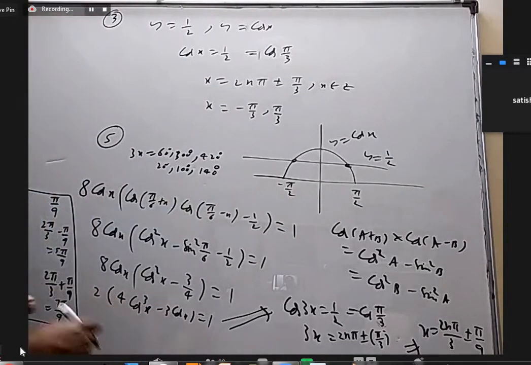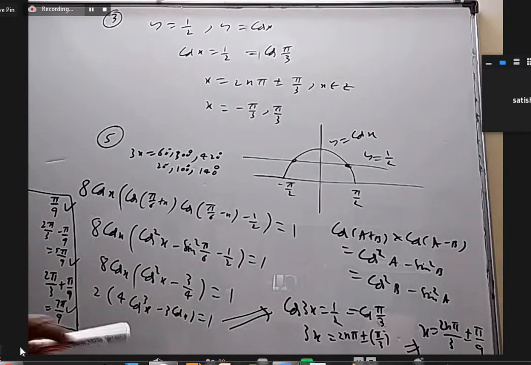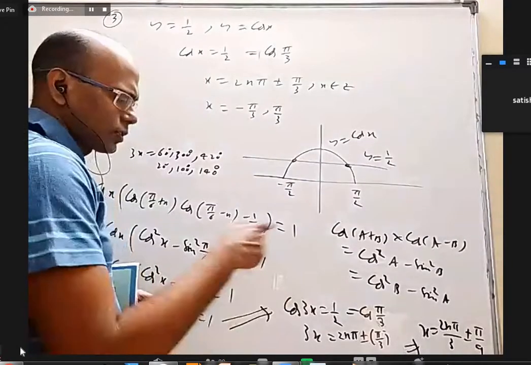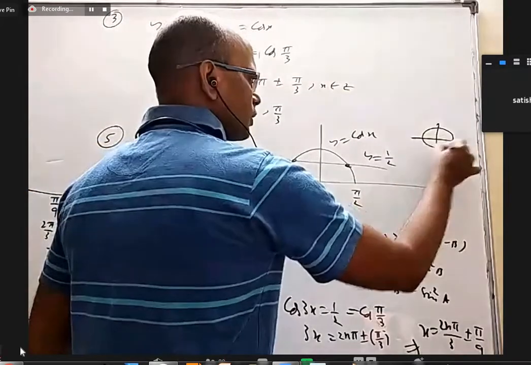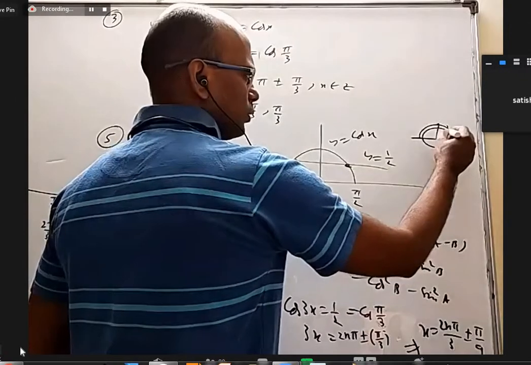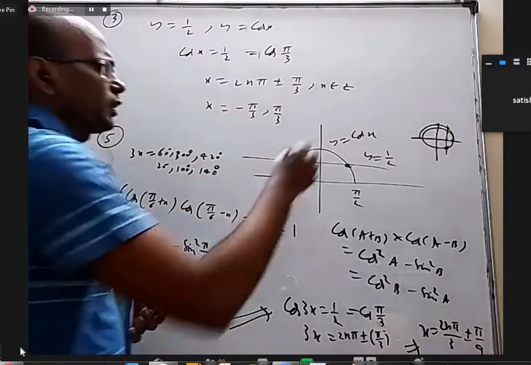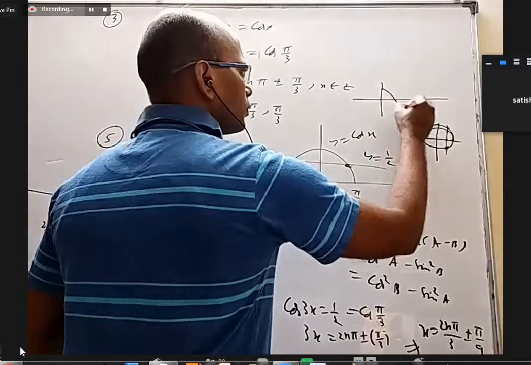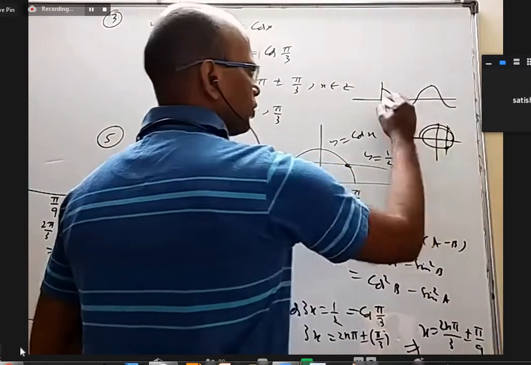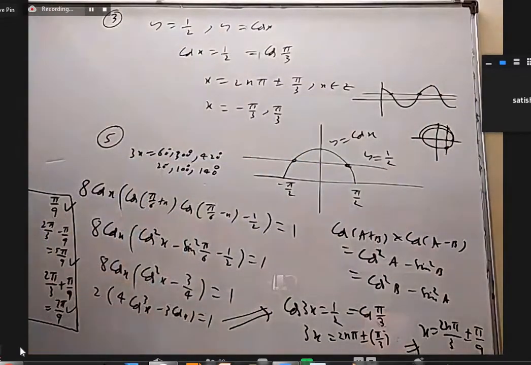So without writing these solutions as pi by 9, 5 pi by 9, 7 pi by 9, we can also directly understand that x is between 0 to pi, 3x is between 0 to 3 pi. That is one rotation and plus half rotation. And if you want the cos value to be 1 by 2, we'll have 1, 2, 3, three solutions, 2 in the first quadrant and 1 in the fourth quadrant. Even if you look at the graph of cos x, okay, one full wave and one half wave. If you take y equal to 1 by 2, there will be 3 solutions. So if it is number of solutions, it is not necessary to find the solution.